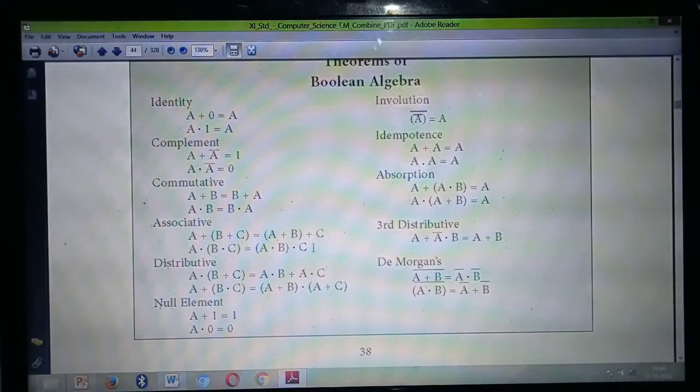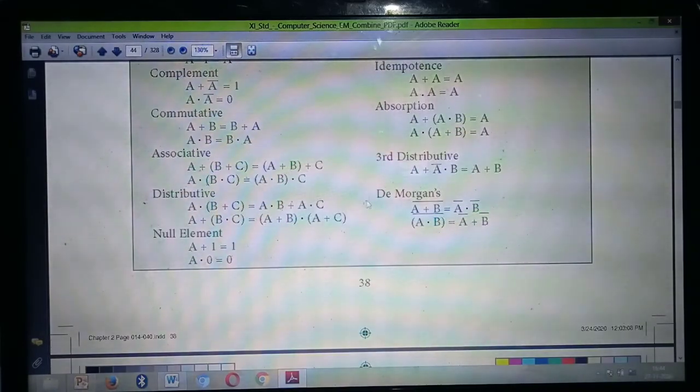Have you all marked? One more question is there in the same. Write the fifth 3 mark question, after the 2 mark question. This one, De Morgan's, from here to till here. These two lines.